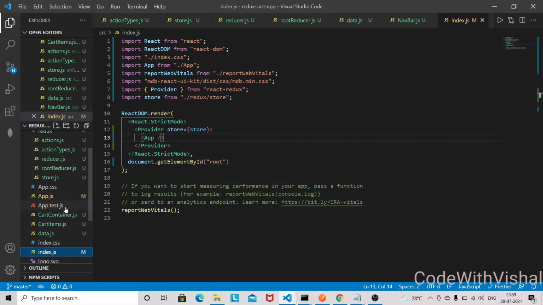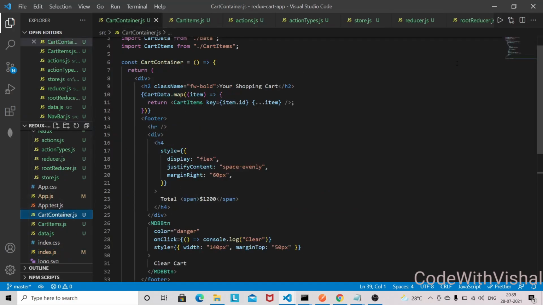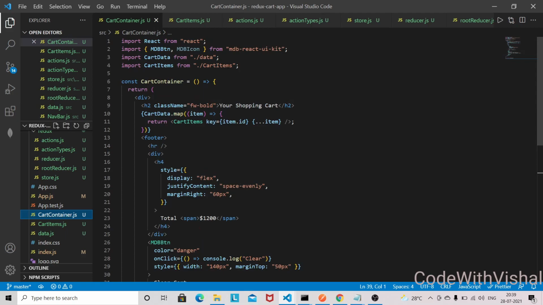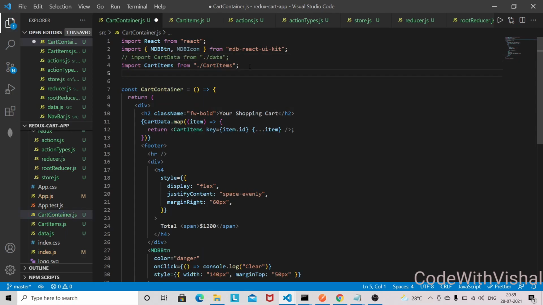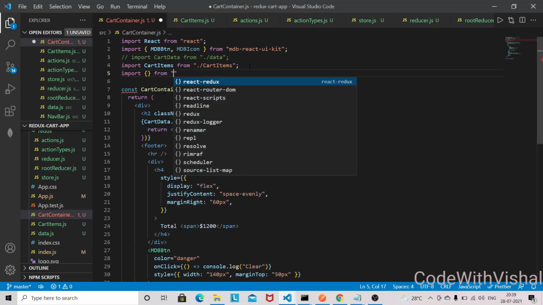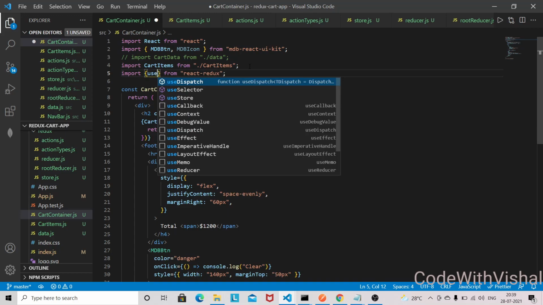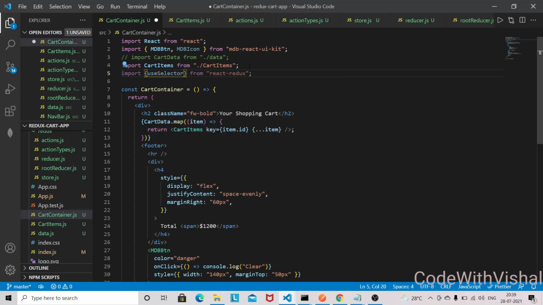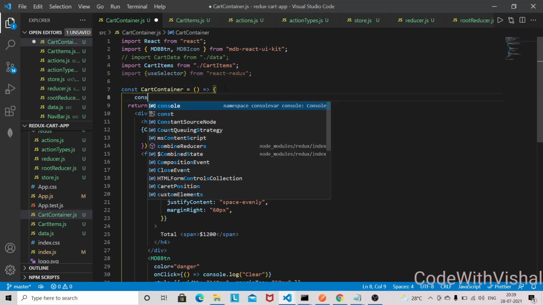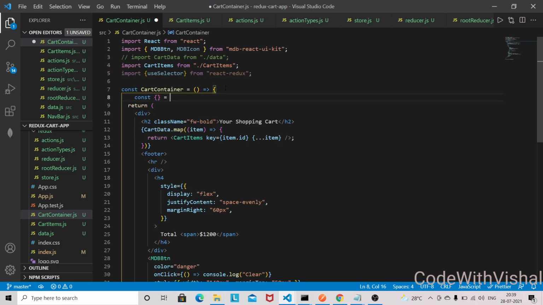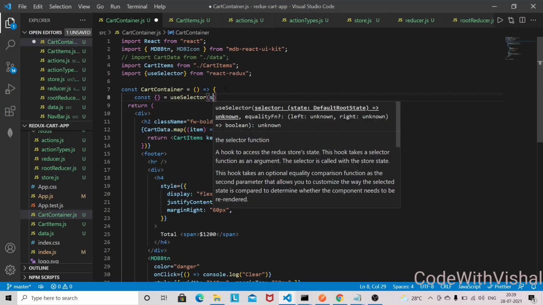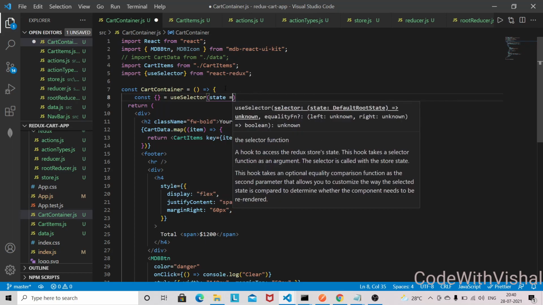The next thing we are going to do: here we are using this cart data directly, and we are not going to use it this way. We are going to get that cart data from our store. So to get the cart data from the store, we need to use useSelector. So useSelector is required here, and const useSelector, and I'm going to use it this way.